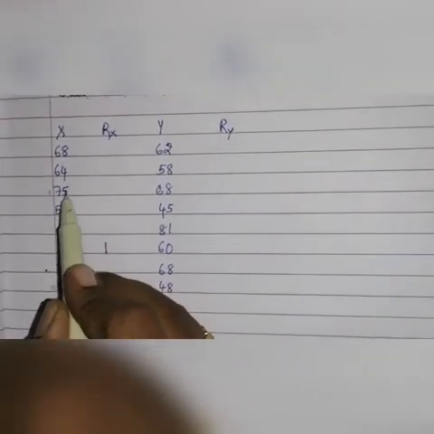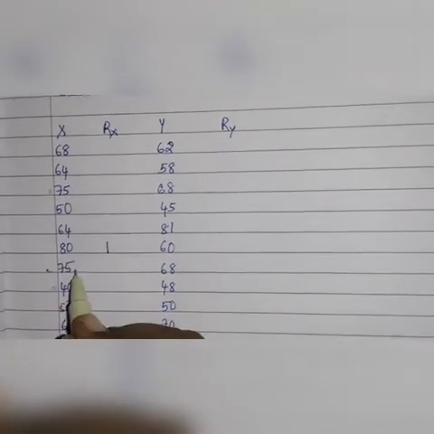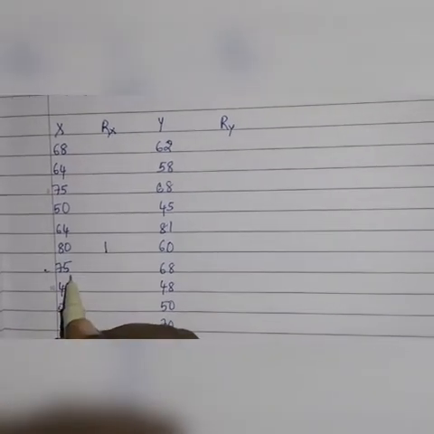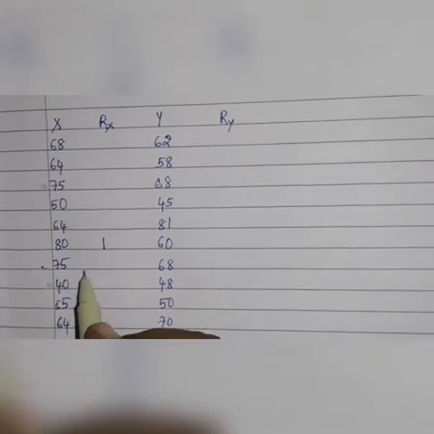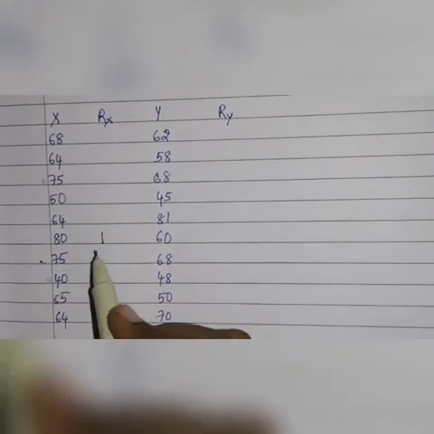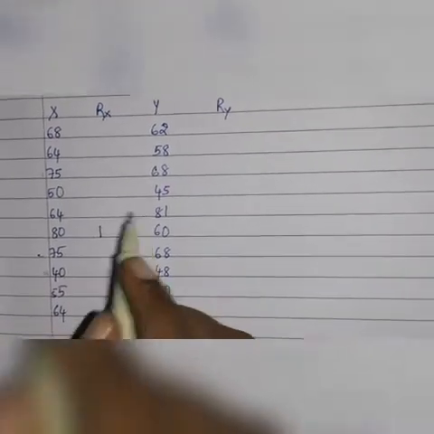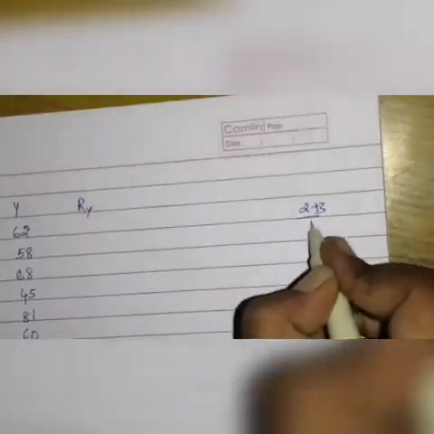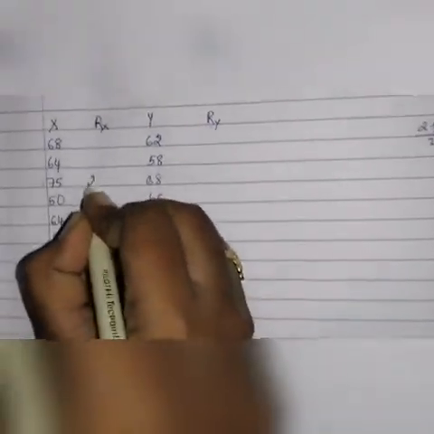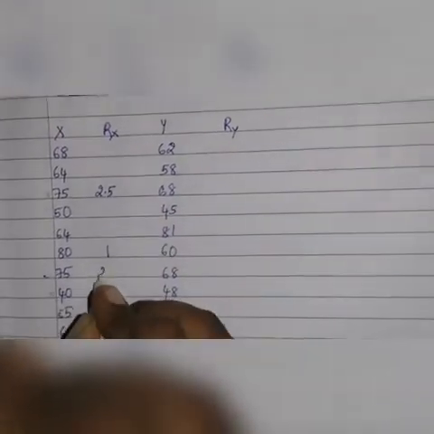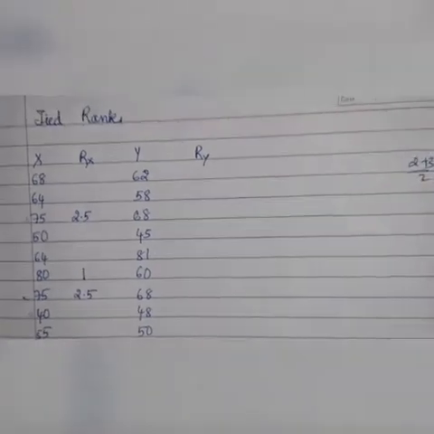So this is supposed to get rank 2, but there is also something same in the set of the data, so this should occupy 3 actually. Either of them should occupy 2 or 3, so we are not able to decide. In such a case, what we do is we take the average of the position. So this one will be 2 plus 3 by 2, 5 by 2, which is equal to 2.5. So you give 2.5 rank to these two numbers.